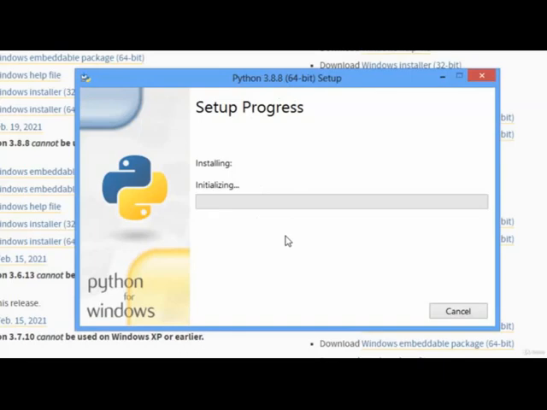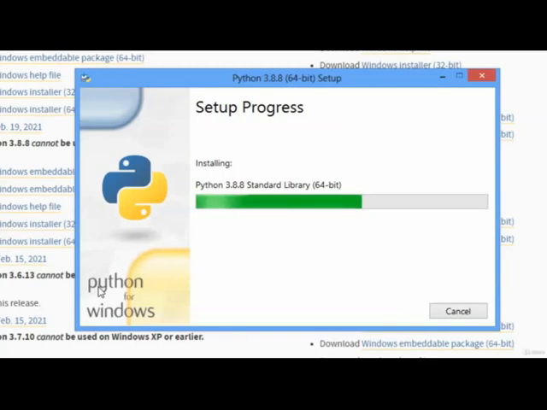So we have to wait until the setup progresses. Here you can observe that various libraries, testing tools and pip are being installed.